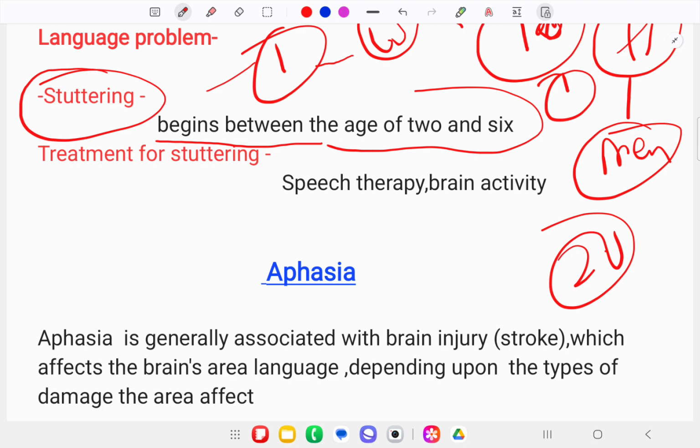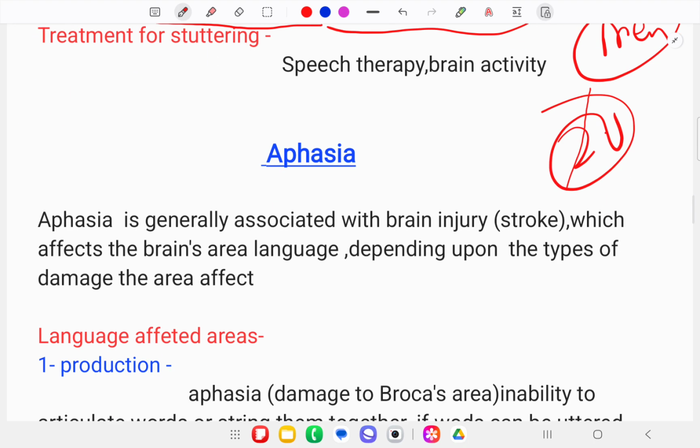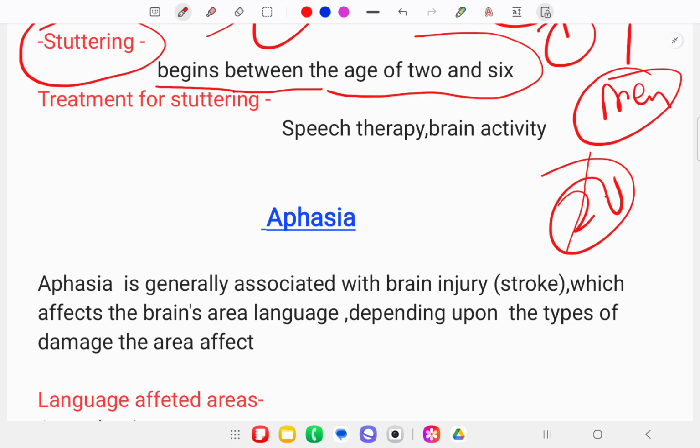In speech therapy and brain activity, they just make it clear. Next, we have the famous term, that is aphasia. What is aphasia? When we come to aphasia,